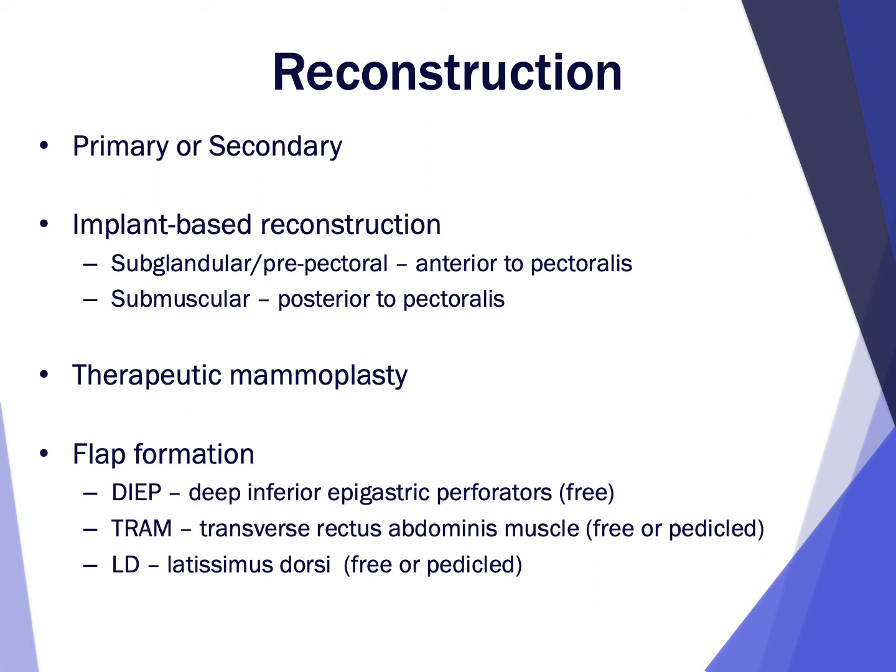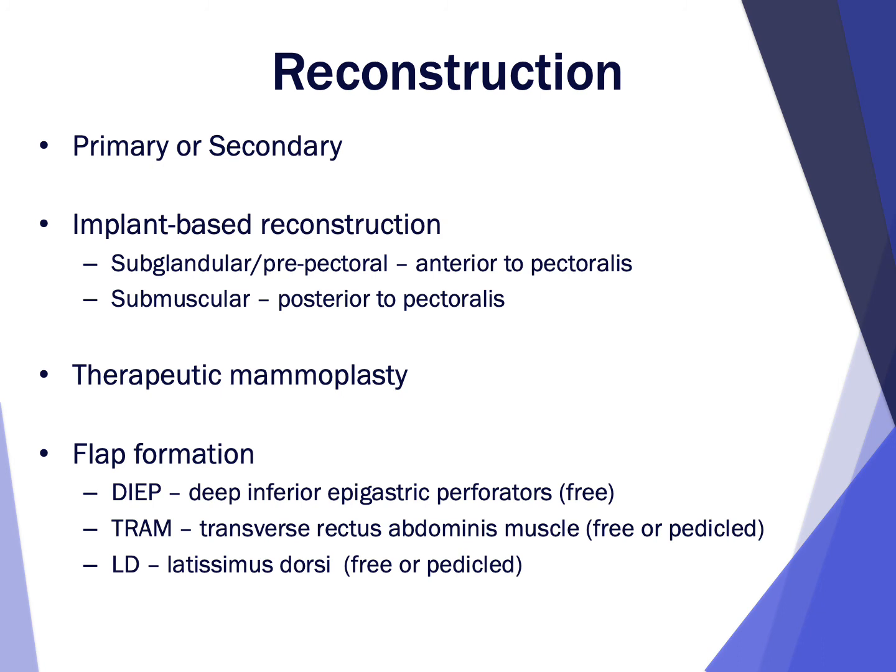So then we'll talk about reconstruction. And reconstruction can either be primary, which is at the time of the cancer surgery, so at the time of removal of the lump or mastectomy, or secondary, where the cancer surgery has happened at some point in the past, and then they go for a second operation for the reconstruction. And the reconstruction can either be implant-based, where an implant is placed either in front or behind the pectoralis major and minor muscles, and where this is placed in relation to the muscle often depends on patient choice, on patient